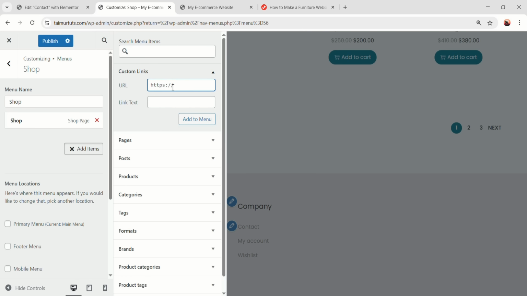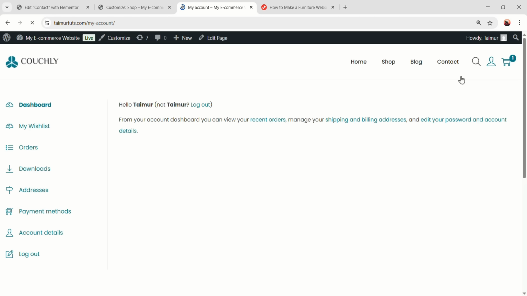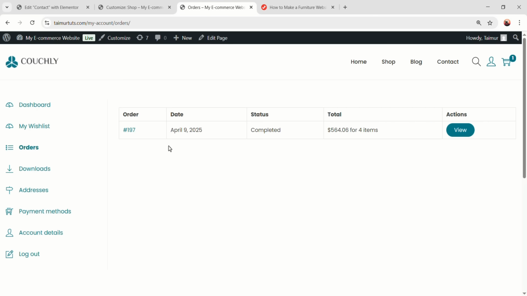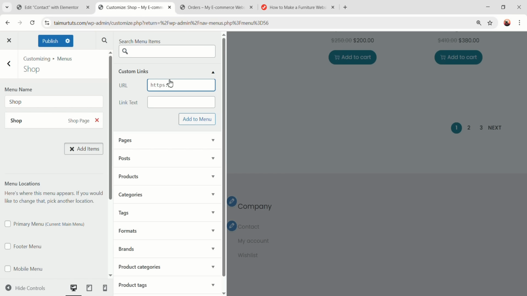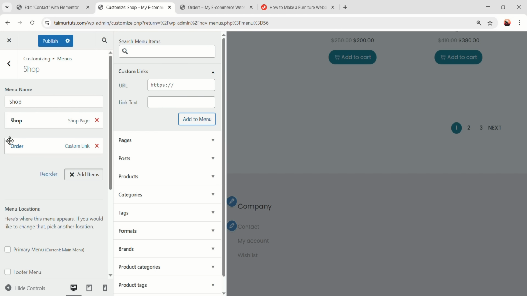So what I'm going to do is I'm going to go to my front-end website and go to my account, then go to the orders, and from here I'm just going to copy the whole link of my website, and then go back to the customization, add this URL, and I'm going to call it order, then add to menu. So by clicking on this order button from the footer, it'll take you to that order page. Okay,